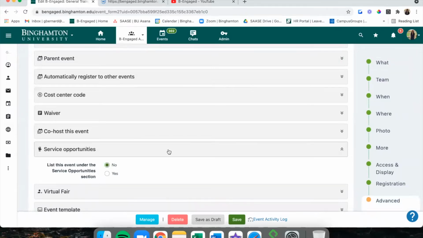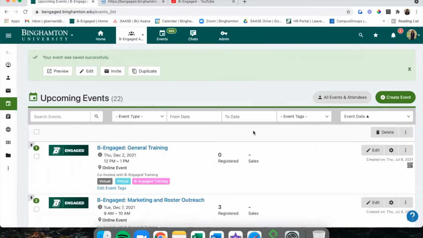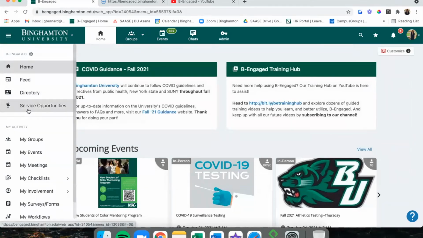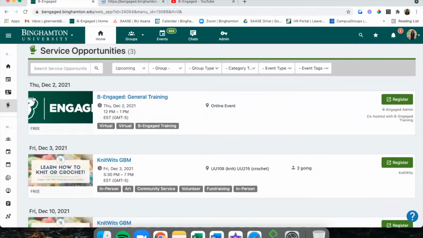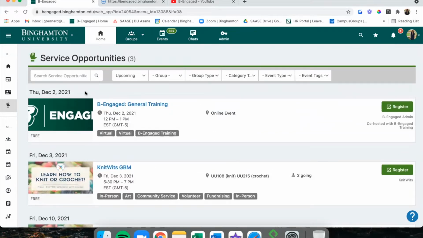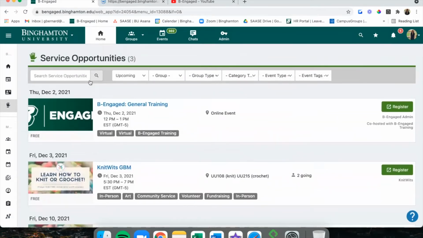And under Service Opportunities, if your event is a service opportunity that you want other users in Be Engaged to see and find, you'll click Yes, click Save, and right off of the home page on that left-hand menu, under Service Opportunities, you'll be able to see your event listed there. And every other user in Be Engaged will be able to see your event and any other service opportunity events listed there as well.